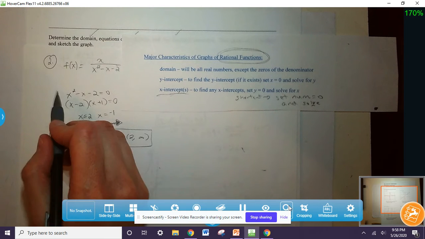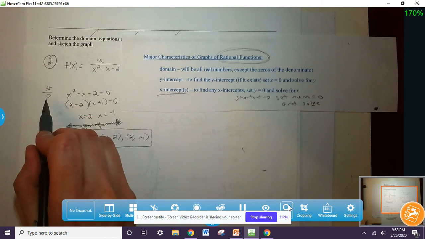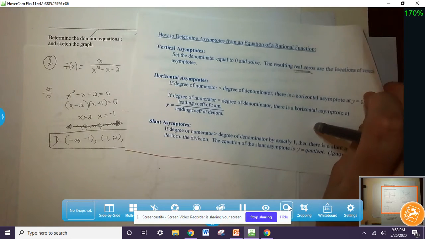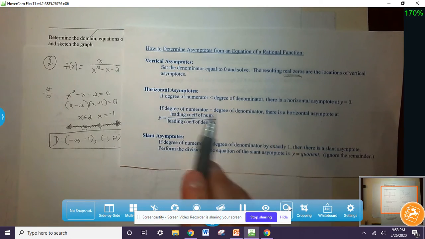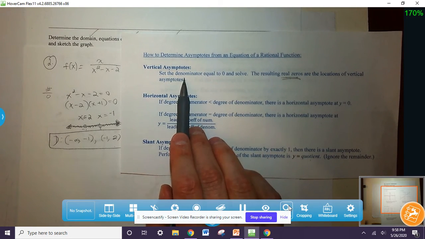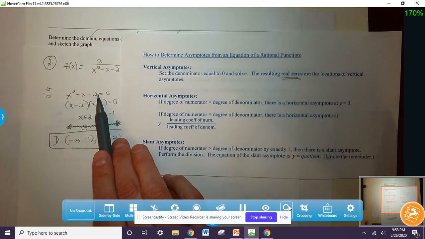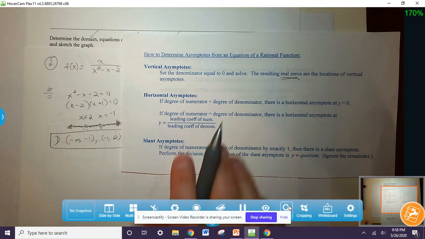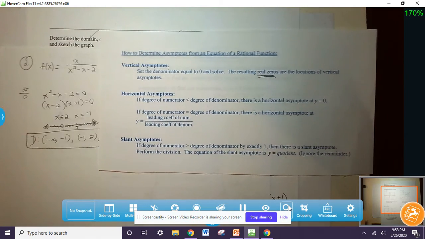And we don't want 0 in a denominator, because then that would be undefined. So that's my domain. When I find the domain, I always like to immediately find the vertical asymptotes, because the vertical asymptotes are found by setting the denominator equal to 0, which we just did. And any real zeros are vertical asymptotes. So what that means is